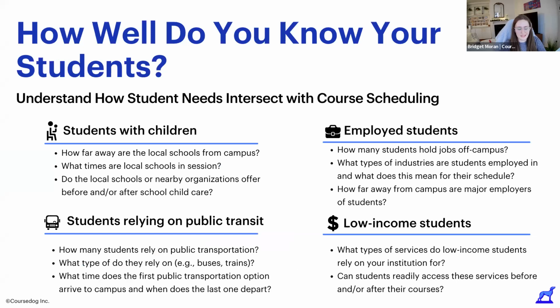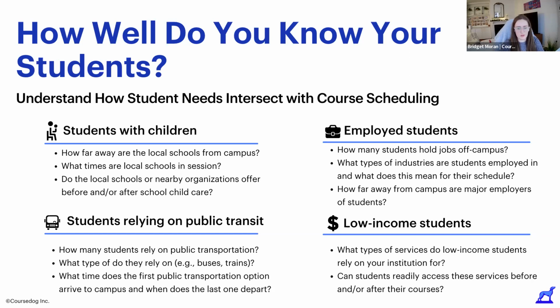All right. Well, we just talked about those student groups that we're most concerned about. So I wanted to dive into a couple of these student groups and maybe some considerations that we should be thinking about when we're actually creating the course schedule. So first off, students with children. We know that, of course, these students have a lot of time constraints when it comes to their caretaking responsibilities. And oftentimes they need to be able to complete their courses during school hours.